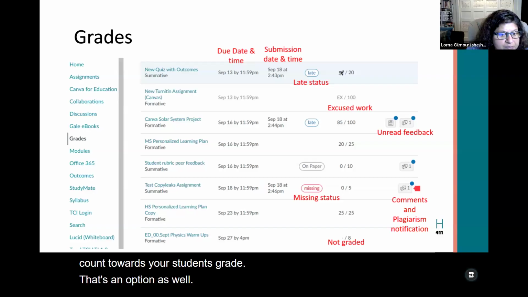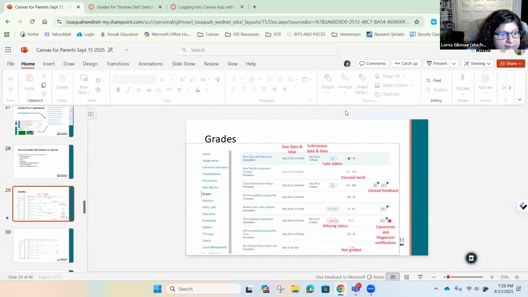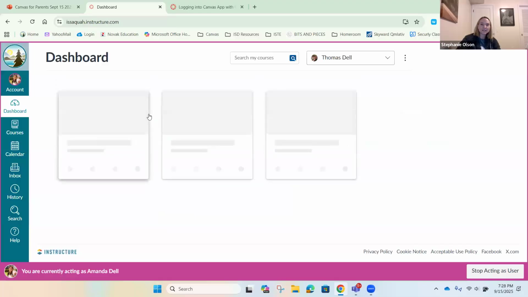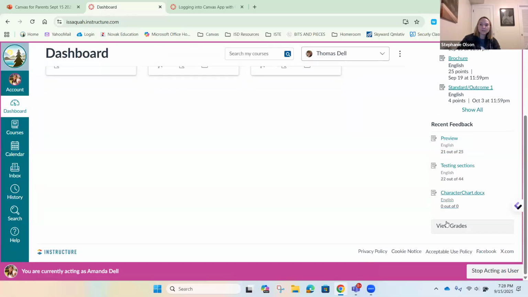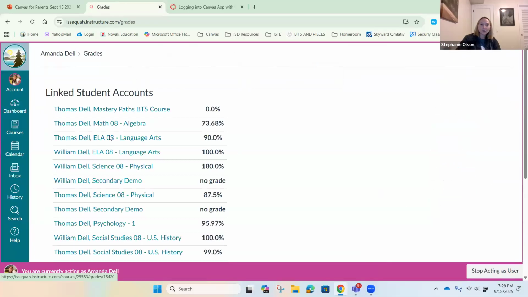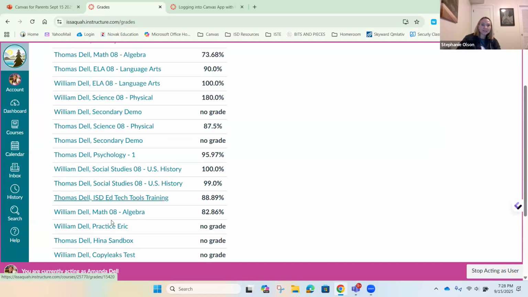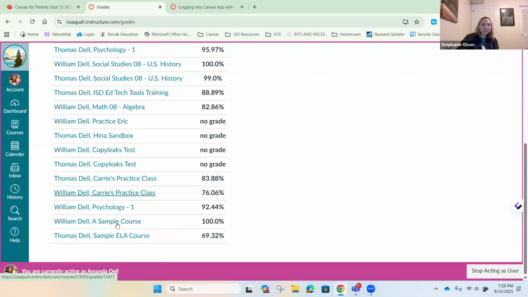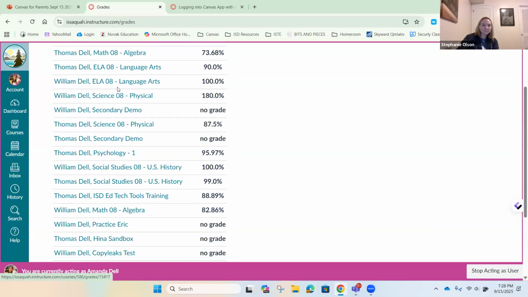And Stephanie, can you do me a favor? Can you show again how to see grades for just one child at a time? Yes, so if I go back to the dashboard, which is always the easiest way, and I do view grades, and I have all my kiddo classes, and then I decide I'm going to look at a particular class. So in this case, I'm going to look at, we'll find it here, it's just a sample course for,